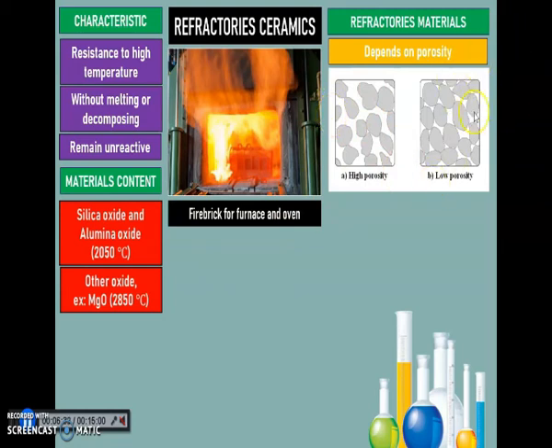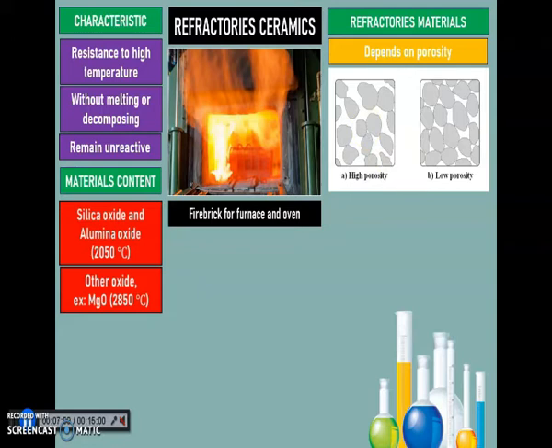Gambar B ni small in pores, maksudnya dia low porosity. So apa kaitan refractory materials dengan porosity? So in refractories, porosity refers to the pores on the surface or open pores. So maksudnya untuk kita buat refractories ni, porosity ni sangat penting sebab dia akan efek kepada properties of refractories tu